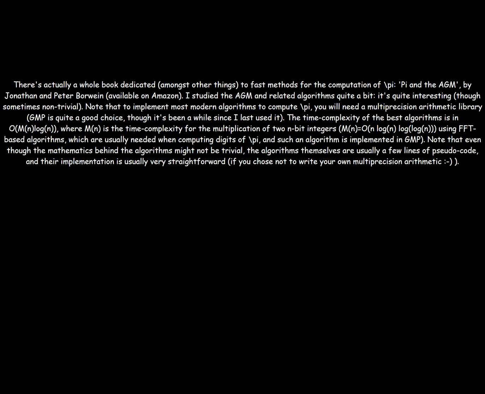Note that even though the mathematics behind the algorithms might not be trivial, the algorithms themselves are usually a few lines of pseudocode, and their implementation is usually very straightforward. If you chose not to write your own multi-precision arithmetic,